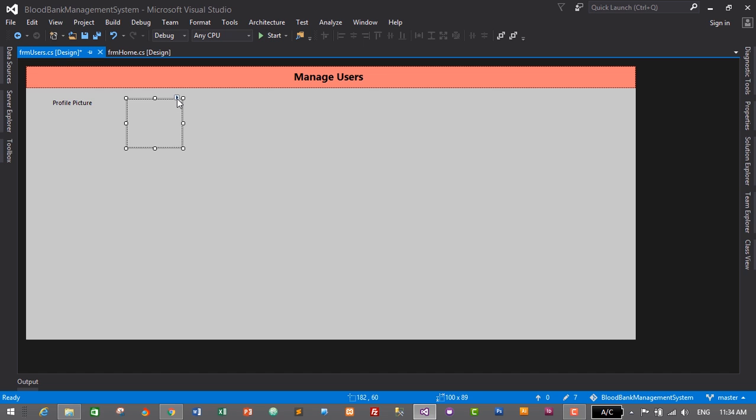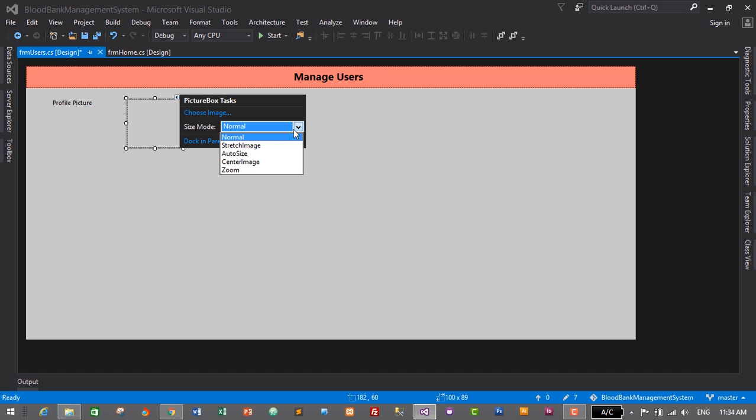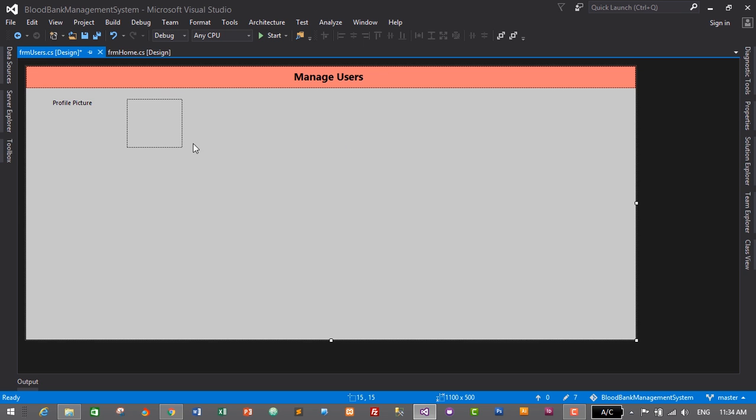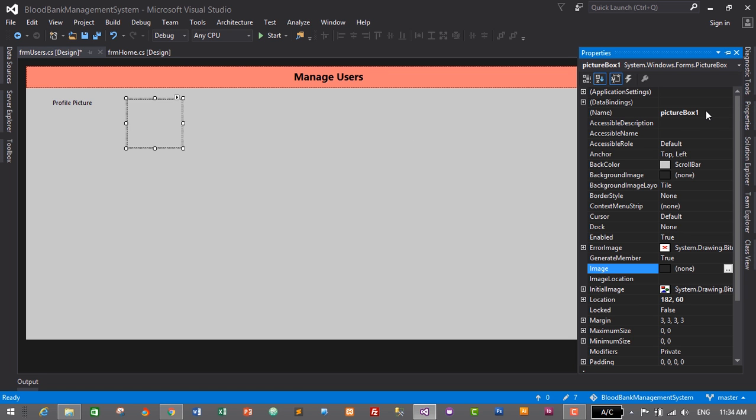So just click on this icon, which is triangle icon, and change this size mode from normal to stretch image. And we will not add any images here. We will add it automatically by creating a button here. So just select the picture box and change its properties. So go to properties and change this picture box 1 to profilePicture,